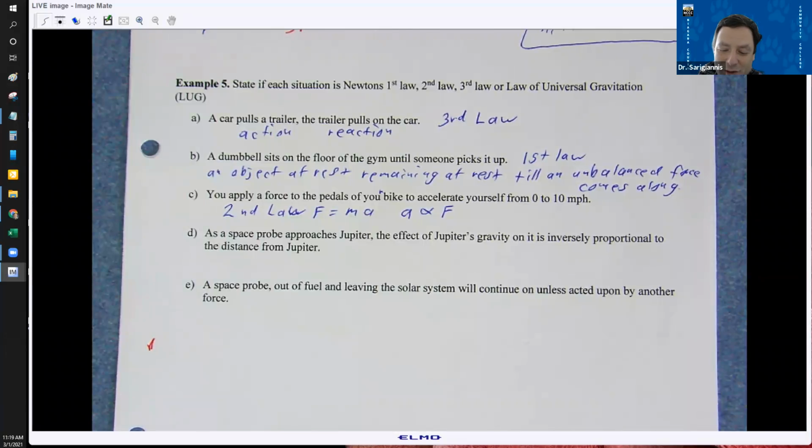So which of the four laws, well, 3 laws plus LUG, is that? What is that referring to? Well, on letter D, I think